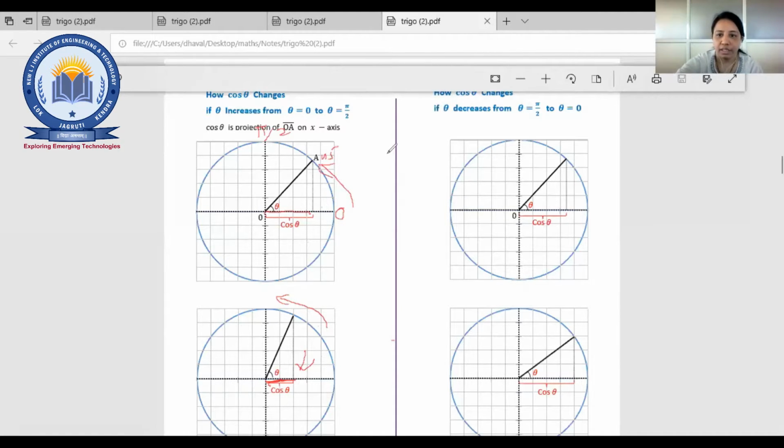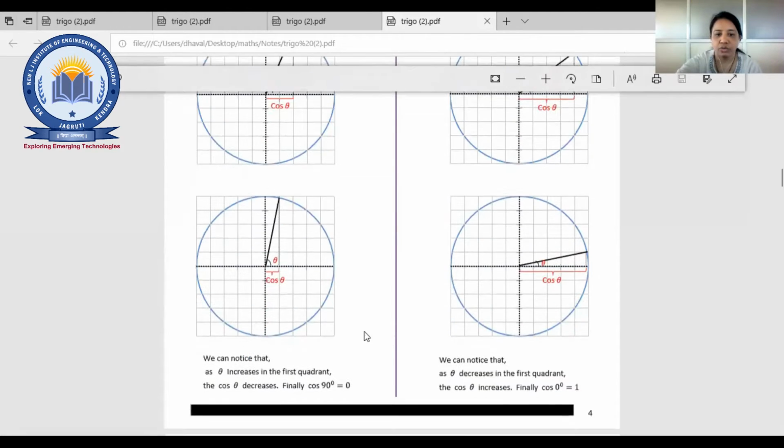Decrease, right? Now again we can see the third figure. So again the theta will be increased here, right? You can see as in the previous one, the theta is supposed to be increased. Now this much theta is there. So obviously the cos theta is decreasing. That's why the value of what?